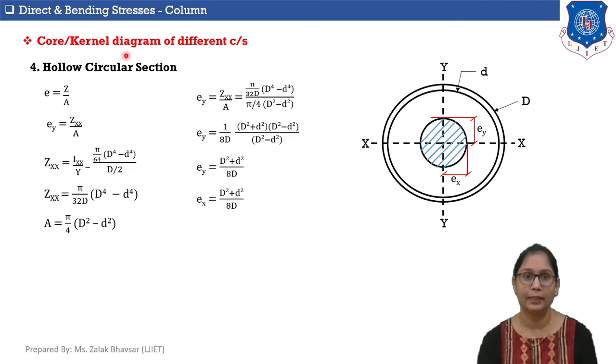Similarly, if I calculate ex, then I will get a similar value, capital D square plus small d square upon 8D. So here in this figure you can see that this central portion represents core or kernel of this